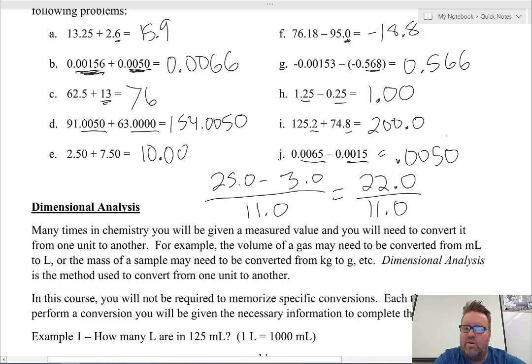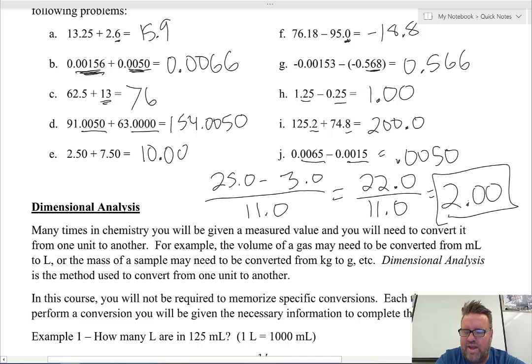Now that we've subtracted and applied that rule, we're going to switch to the division rule, which means this has 3 digits, this has 3 digits. My answer, therefore, must have a total of 3 digits. So calculator-wise, it's equal to 2, but I have to have 3 digits. So it's got to be 2.00